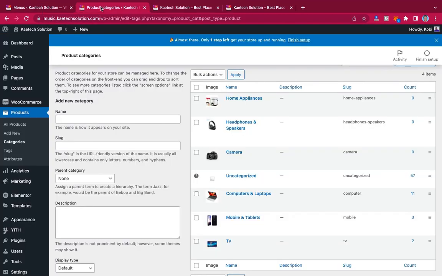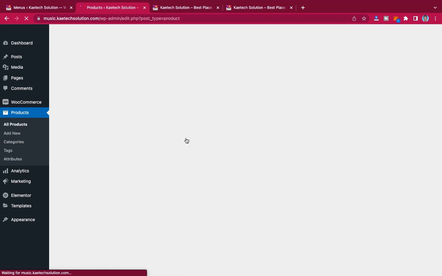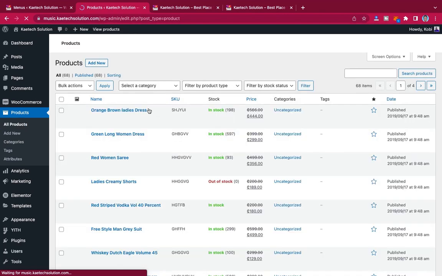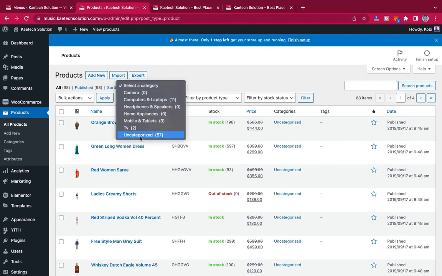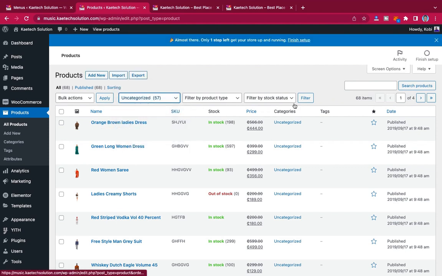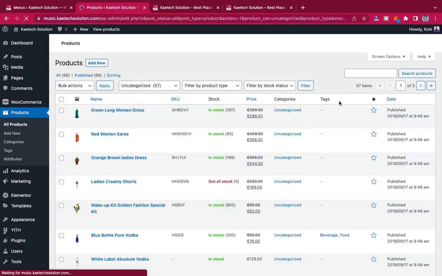Now what we're going to do is come over here and go to all products. I want to delete some of the products from it, the demo products. I'm going to choose a category which is uncategorized, and then delete all those products from it. So I'm going to choose this uncategorized category and then filter it, and then I'm going to trash all of them, because those things don't relate to what